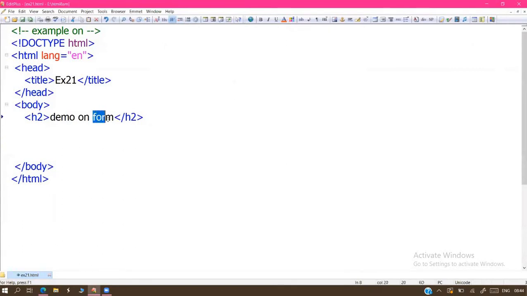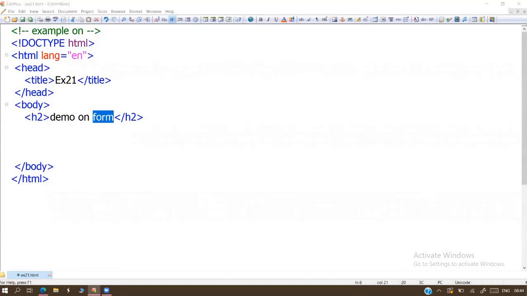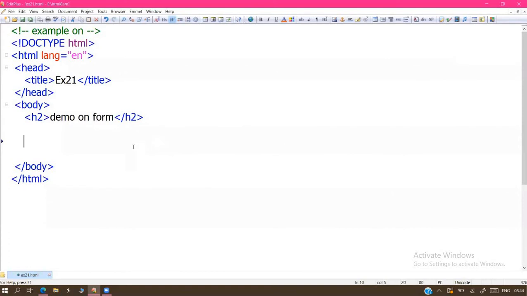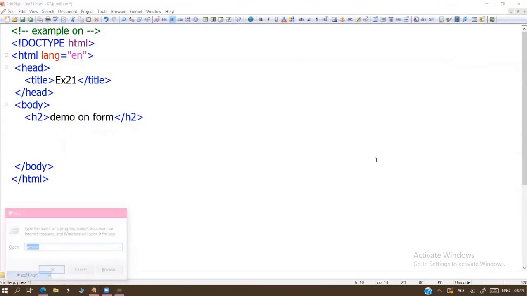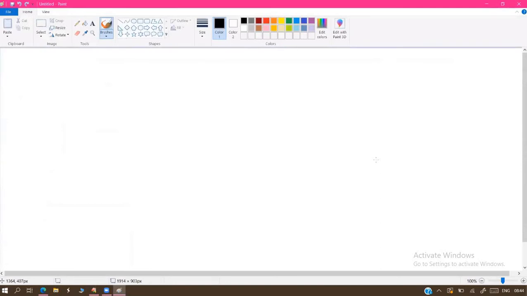Next I'm going to start the form tags. The form tag is nothing but working with HTML forms. So what is this HTML form, sir? A small user interface. From here onwards, we are going to start user interfaces.